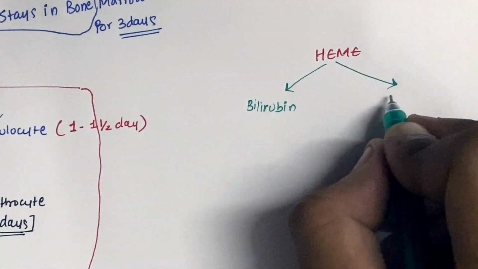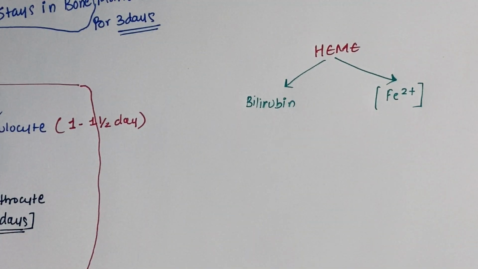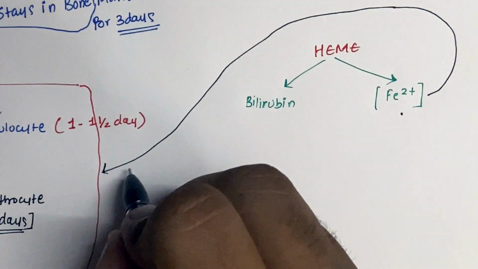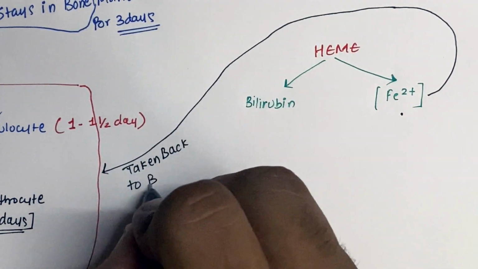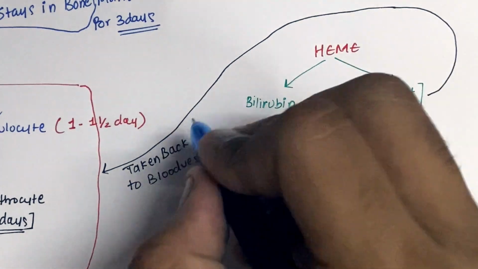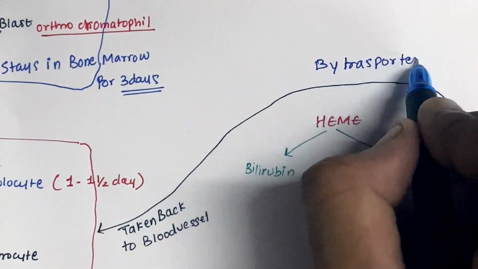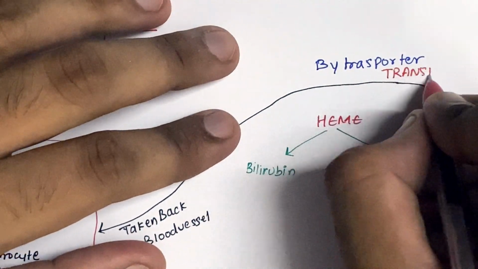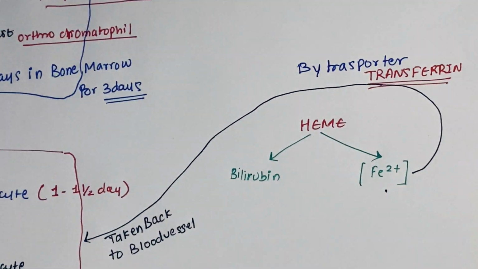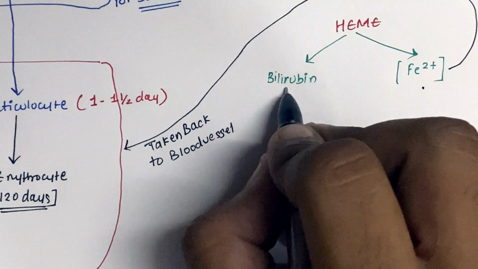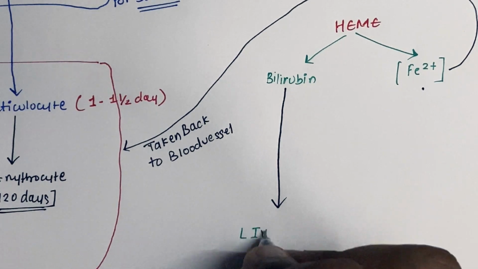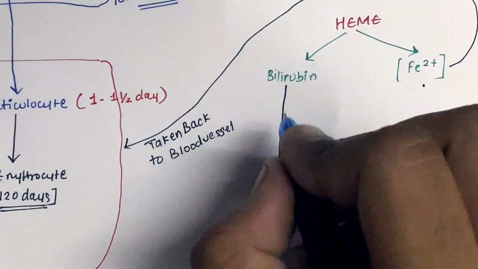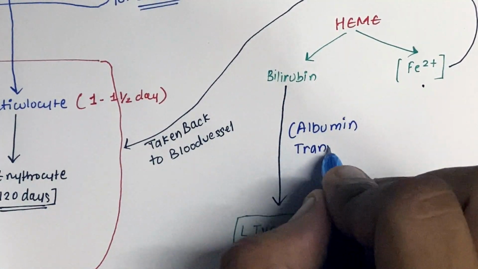for some amount of time, and it is absorbed back into the blood vessels by a transporter called transferrin, which I'll be discussing in iron physiology. Bilirubin is later transferred to the liver by a transporter called albumin,